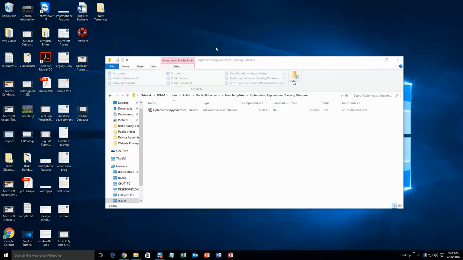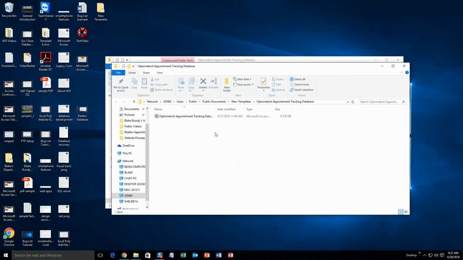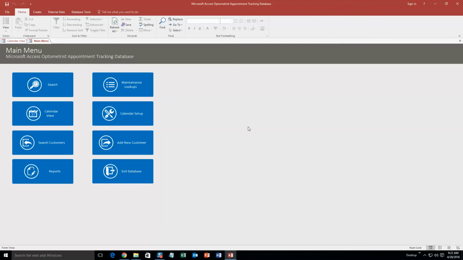And once you've done that, you'll be opened up to this screen. And you need to extract all of the files, so hit extract all when you get to this screen. Once you've extracted that file, go ahead and open the file. And so this database template would obviously be perfect for if you're an optometrist and you need to keep track